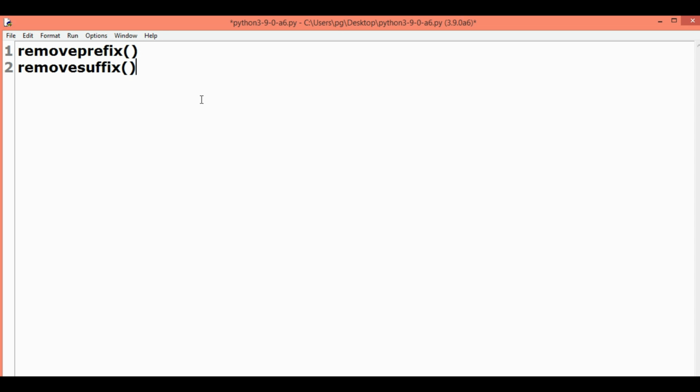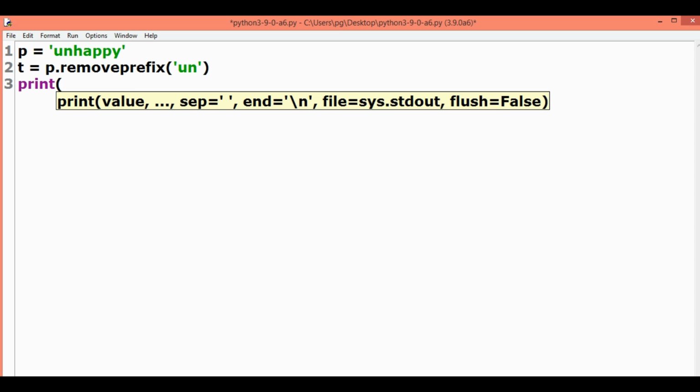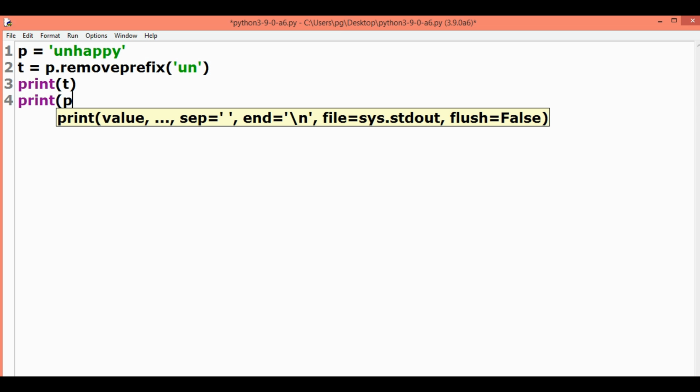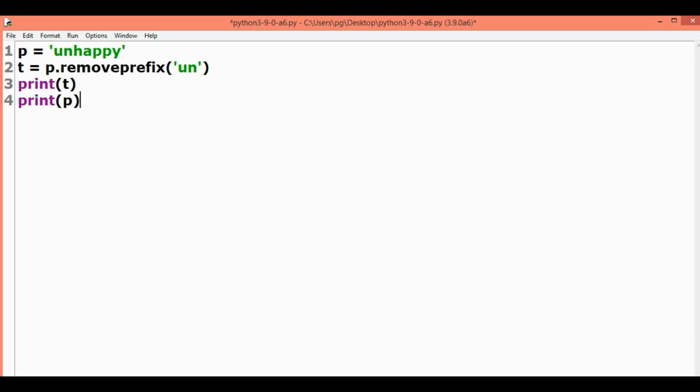The remove prefix method removes the desired prefix from a string and returns a new string. Say we have a string, and we run this.